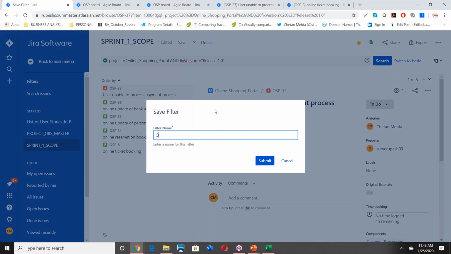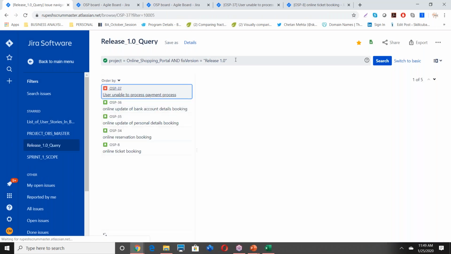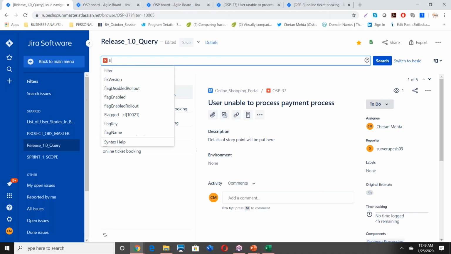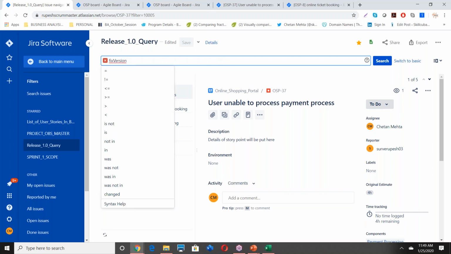So let's say JQL list release detail, or release one, release 1.0 query. Now I want to change it. Let's try the other way. I think it will work. Fixed version is equal to